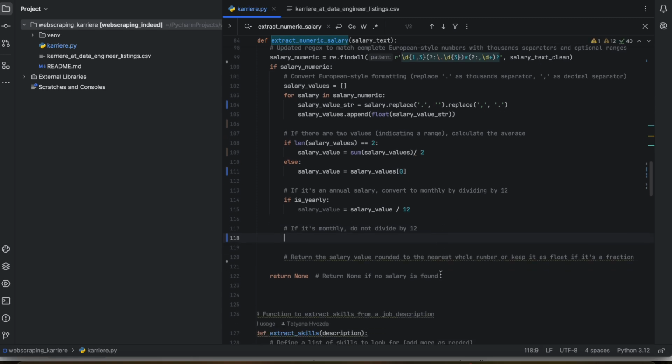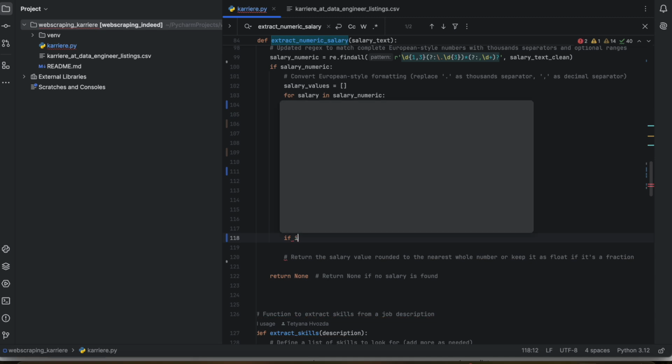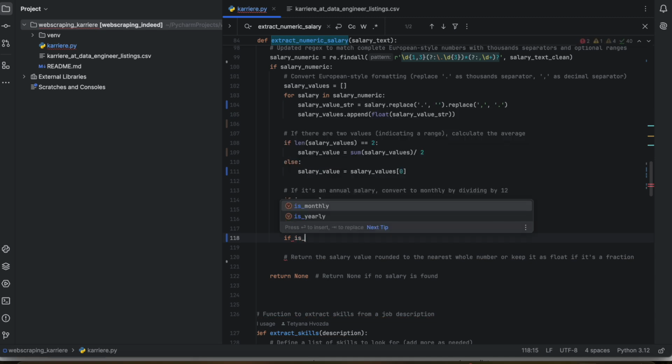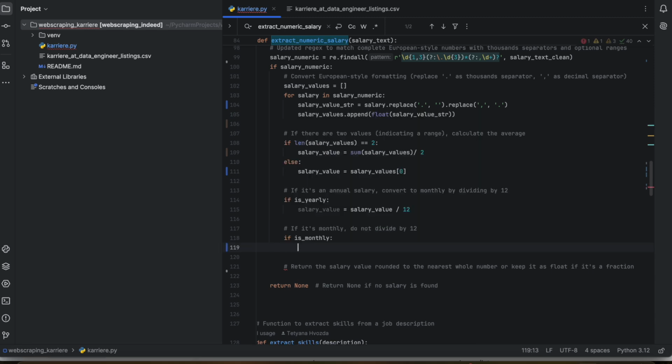For the monthly salary, we do not do anything, but we want to return monthly salary the way it is. If is monthly, return